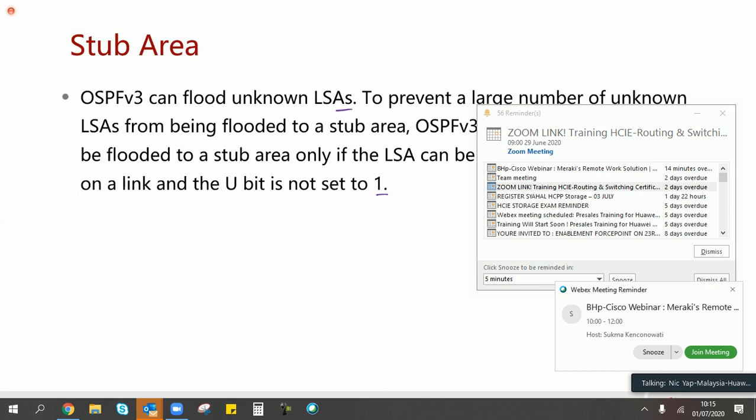They do not have any broadcast address. Whichever they send is sent using multicast addresses. So in this case, they will have a lot of unknown LSAs that might be sent into the stub. How are they going to allow whether this can be allowed or not allowed? They need to check certain conditions. They need to check whether this LSA can be flooded within the area or the link or